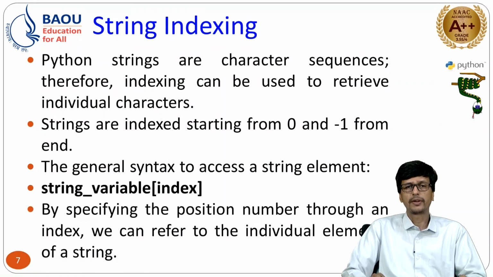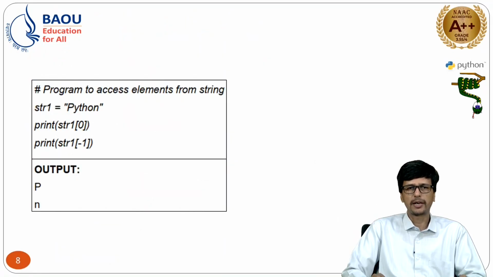So what is the basic syntax? You have to use the variable name, then the square bracket, and whatever index you want to fetch, you have to put inside that square bracket. Now this is a simple demonstration, you can get an idea. str1 is our string variable. Here we have created one string, the name is Python. Print str1 then 0. So here we are fetching the 0th index, that is p. As you are already aware, the index value starts with 0, so we are fetching the 0th position value, that is p. If you try to use the negative index, that is -1, it will give you the very last character,